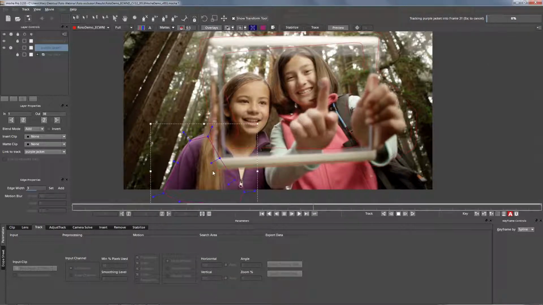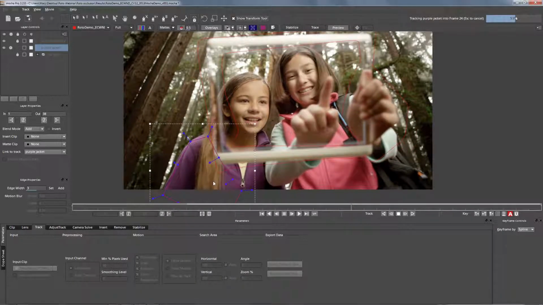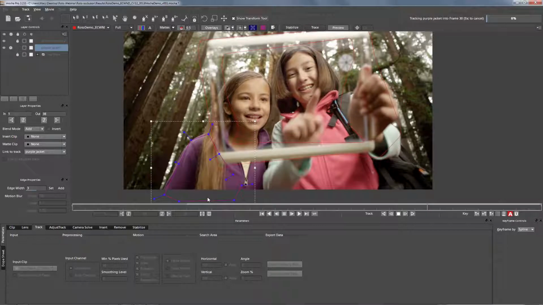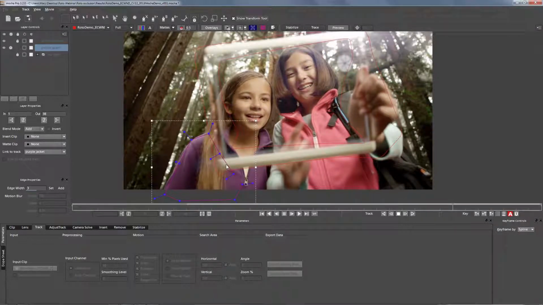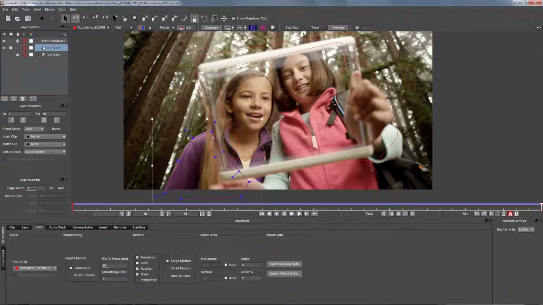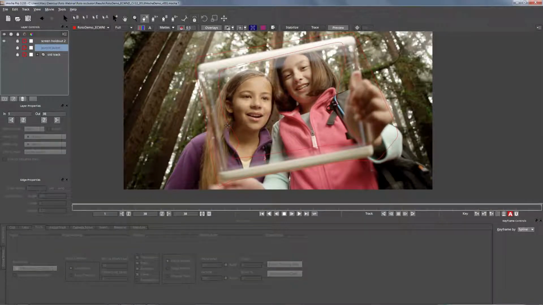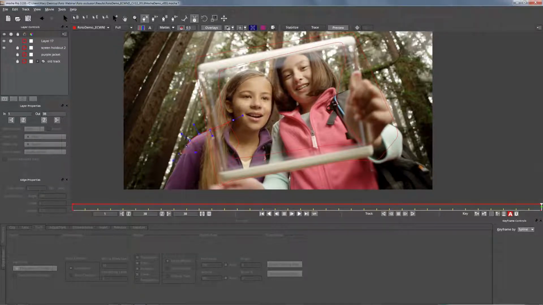And what it will do is it will stay on her body even though we're moving this over the top. And we're going to use this track to drive everything else on her. So we're going to go ahead and we're going to lock this, and we're going to hide it, and we're going to do some nicer roto shapes for her body. So we're going to come in here,